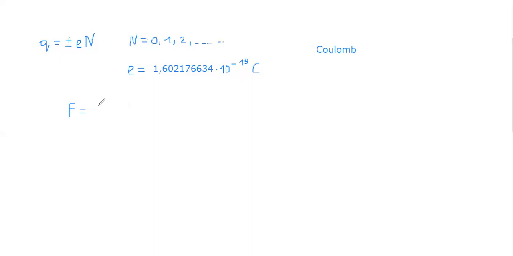The force is equal to 1 divided by 4 pi epsilon 0, times the modulus of the first point charge times the second point charge,